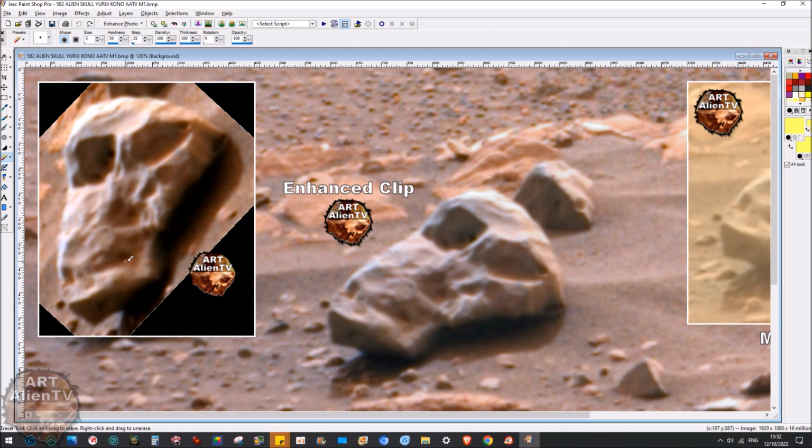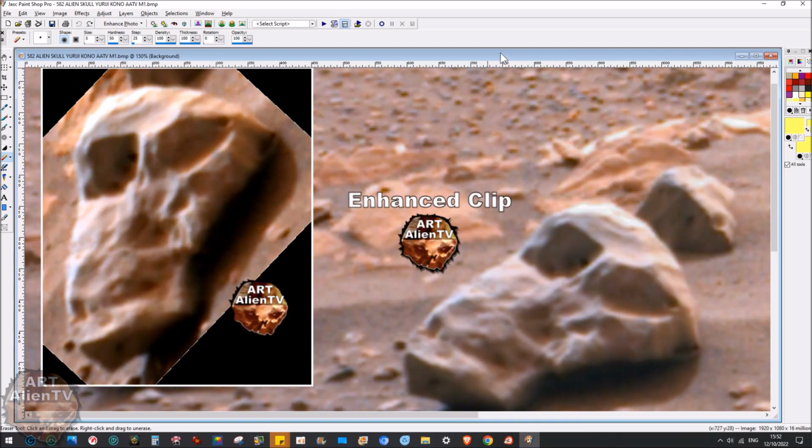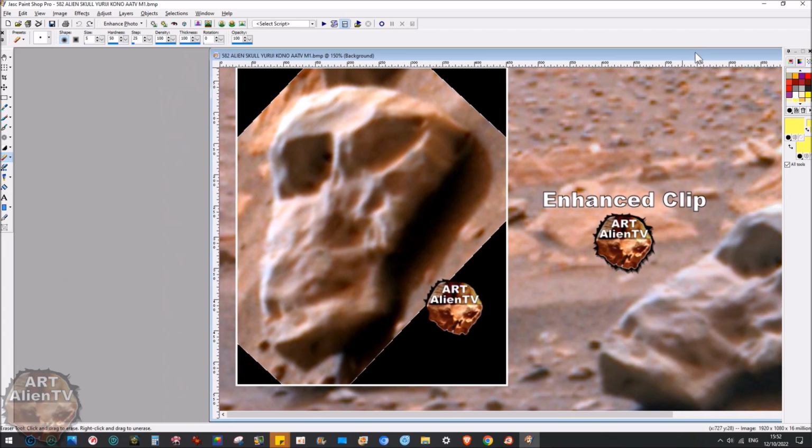So there we are. Let me just point out these details, because you can see here in the darker one, let's look at this one on the left, because I've really darkened it. You can see, obviously, the two orbits at the top. We have a nose area here, and we have a mouth here, with some teeth here. Okay? Now, it's quite irregular. Let's do that again. We have a mouth here with an upper lip,